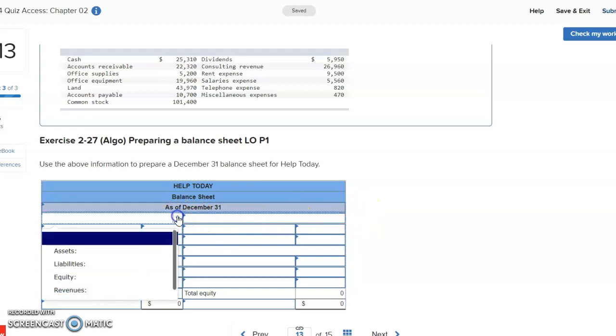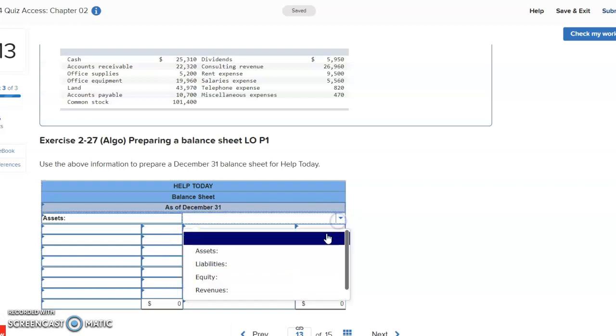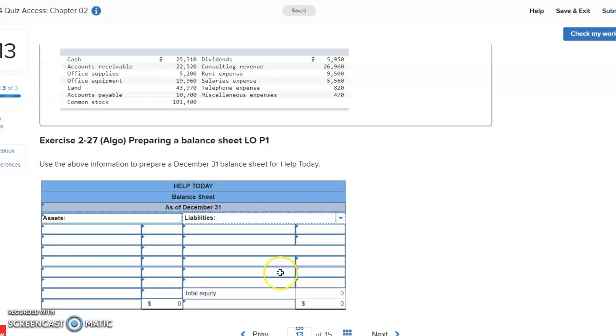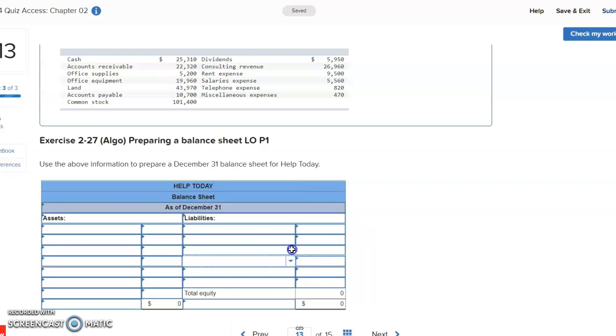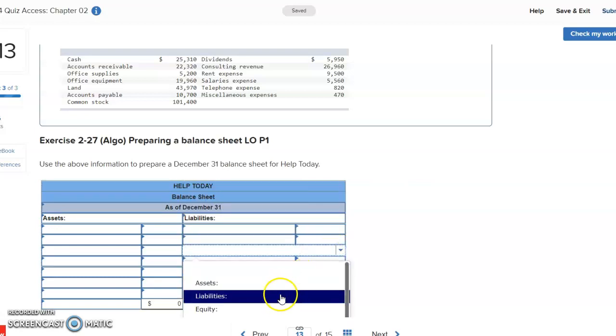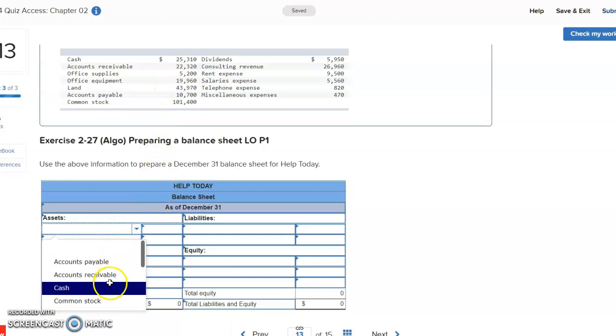Our main topics are our assets here, our liabilities here, our equity here, and here we have our total liabilities and equity. So now we can start importing the information. We can see from over here on the left-hand side is where we'll start with our assets. We will start with some cash,